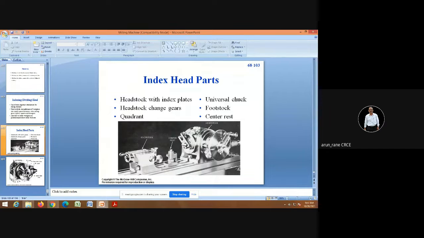Whereas in normal spur gears, bevel gears, or any gear, you cannot have such a ratio. See, it's two gears. When they are mating, the smaller gear is called the pinion and the bigger gear is called the gear. So gear and pinion, and you cannot have teeth on the pinion less than 8 teeth. So if you take 20 teeth and you want a ratio of 1:40, then 20 into 40, so you need to have how many? 800 teeth on the gear, so that you can have a ratio of 40. Imagine 800 teeth on the gear. So it is going to be very big. So for that, worm and worm wheel is the only solution.